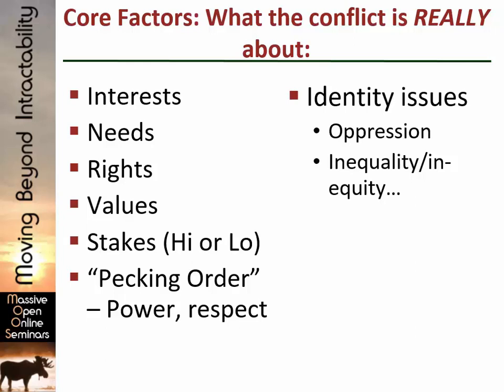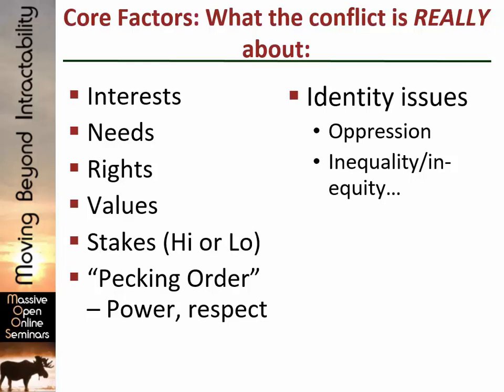This is originally based on Maslow's concept of fundamental human needs, but John Burton and other scholars in the 80s, I guess, started to formulate the notion of fundamental human needs in conflict, and they focused particularly on identity,